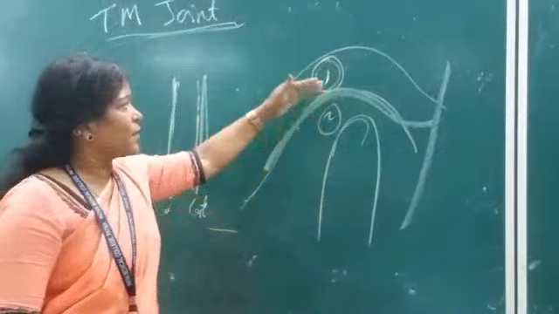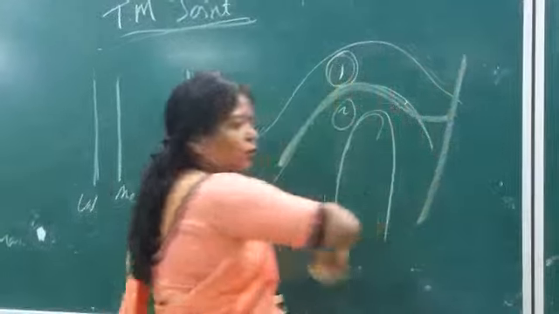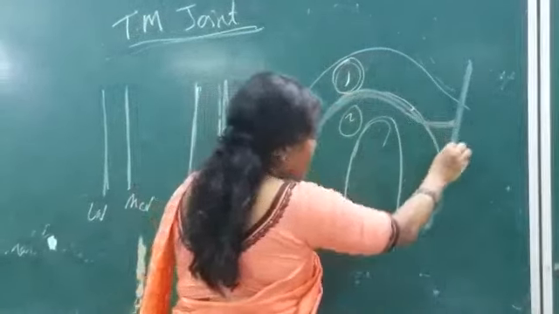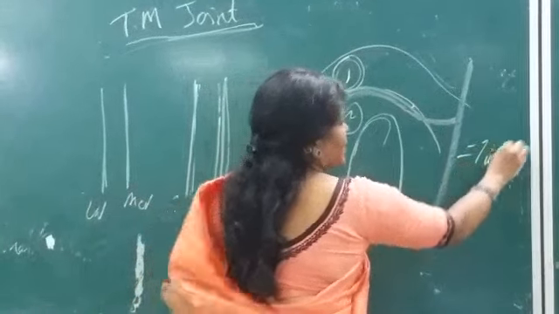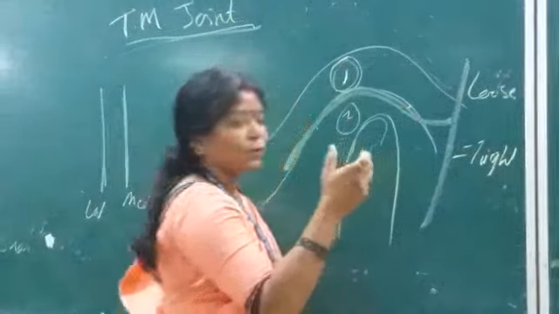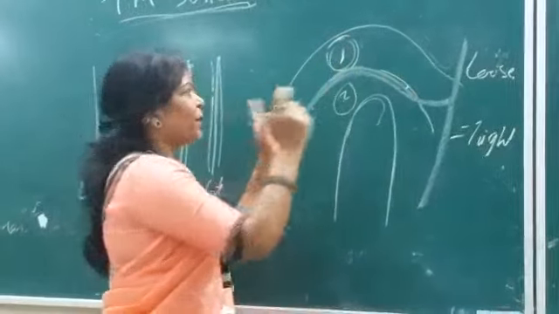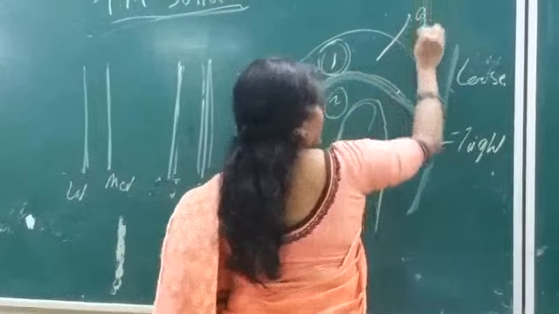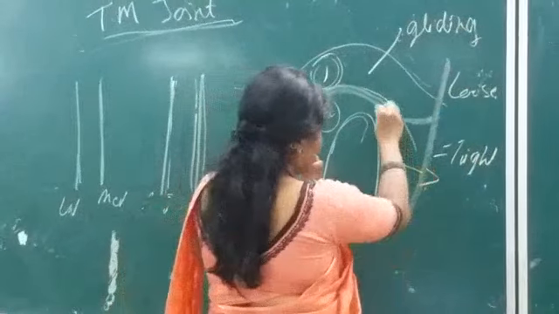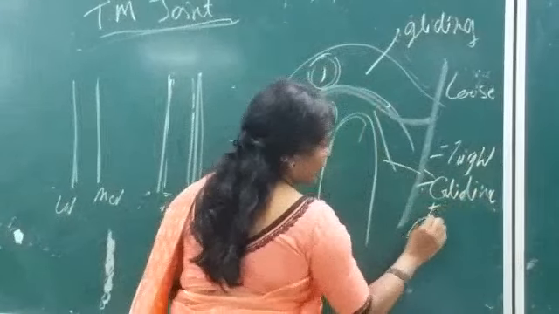First, the supradiscal or the meniscotemporal compartment. Here, the fibrous capsule which is attached here is loosely arranged, along the circumference. But here below it is tightly arranged. Here it is tight and here it is loose. What? The attachment of the fibrous capsule. Due to this arrangement, what happens? The upper supradiscal compartment provides the gliding movement. And here, the infradiscal, it is gliding plus rotational movement.